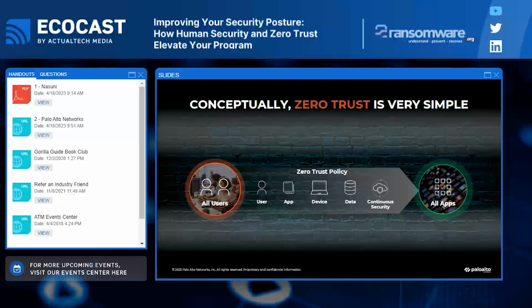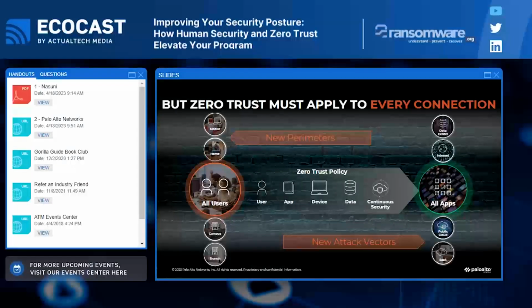Okay, sounds pretty straightforward. It starts to get complicated, though, when we really start applying it to a hybrid environment where we have hybrid networks and hybrid users. Now, all of a sudden, the user has multiple perimeters, and we're starting to expand upon those perimeters as we start to see IoT devices come into play.